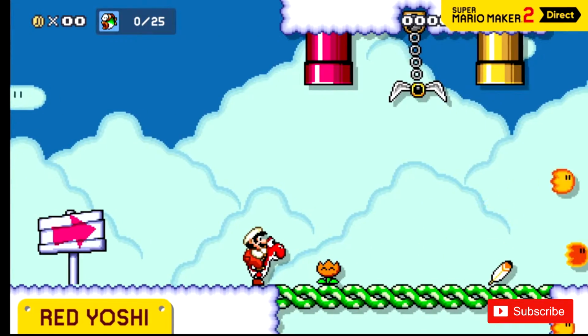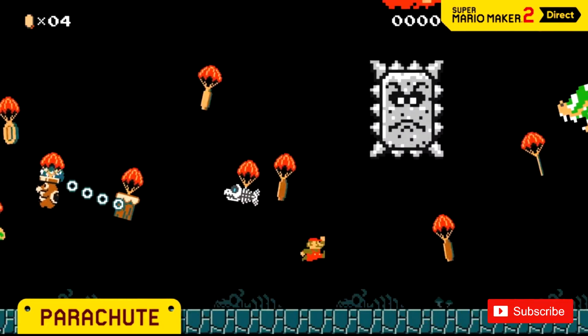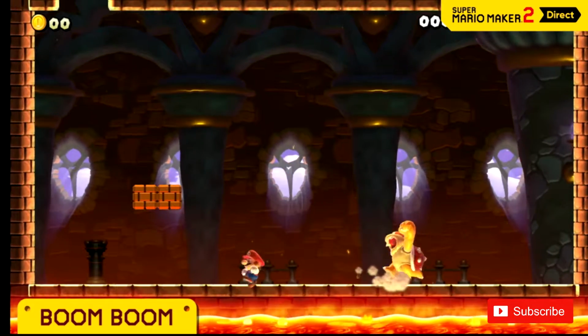More slopes, the conveyor belt, Red Fire Yoshi, they're really just cranking out everything about Mario. Boom Boom, gotta love that. They did their job. They did their homework. And the next biggest part of the game for me,